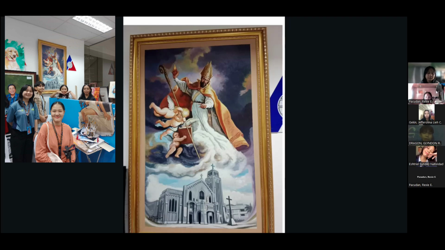So in historical and political context, by featuring the cathedral, one of the oldest and most significant buildings in Cagayan de Oro, the painting could also be interpreted as a statement about the city's history and the role of the church in shaping it. It might imply that the church has been a stable guiding force throughout the city's development, influencing not only religion but also local politics and community organization.